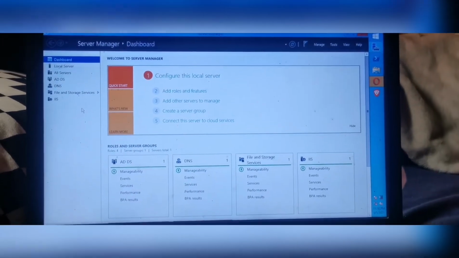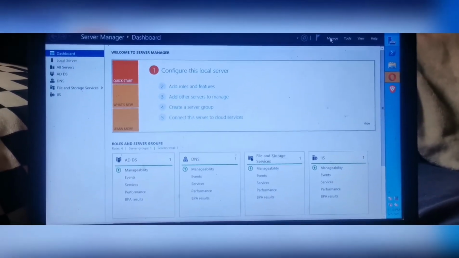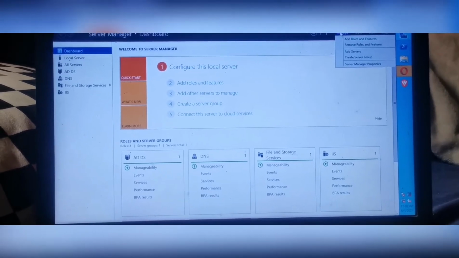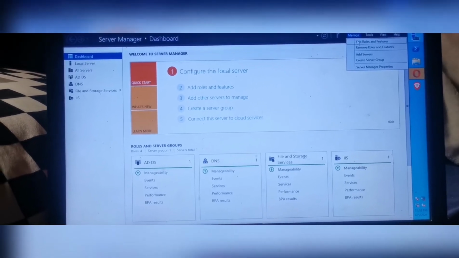I'm going to present how to install and configure DHCP, which means it's a network server that automatically provides and assigns IP addresses. Here's how you configure. First, let's install DHCP by adding roles and